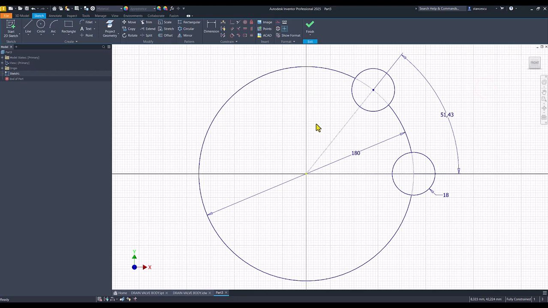Then I trim these arcs and I apply fillet of 12